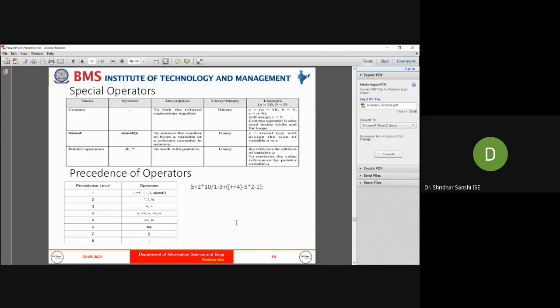You can see this is an example. What will be the first expression executed in this expression? Check the precedence level and answer. I told you before that brackets have the highest precedence. Which expression will be executed first here? Increment 4. Yes, so increment 4 will be executed first.